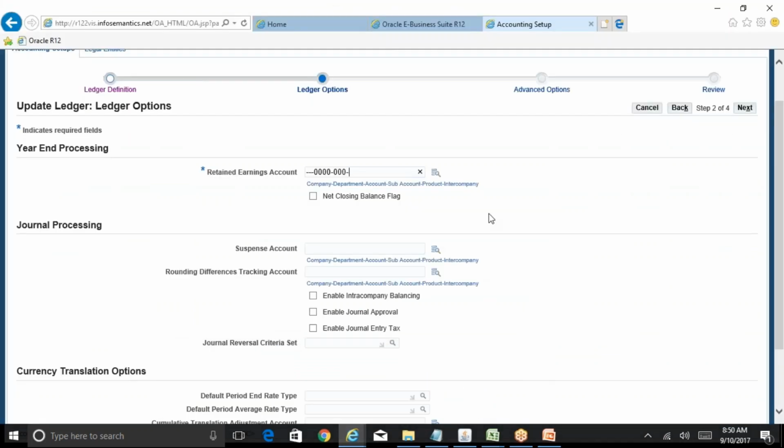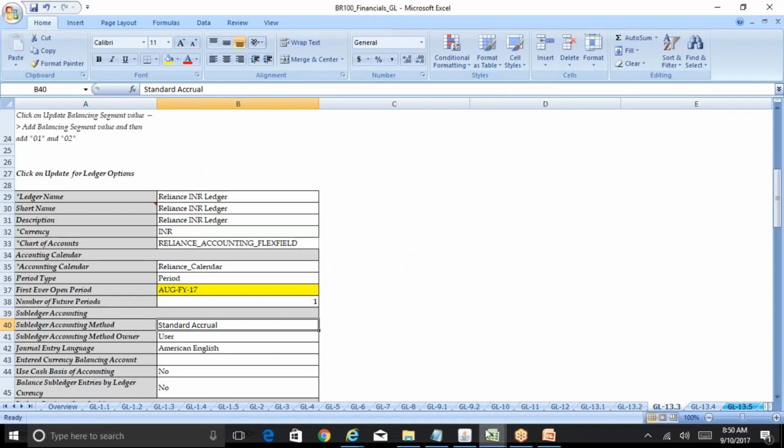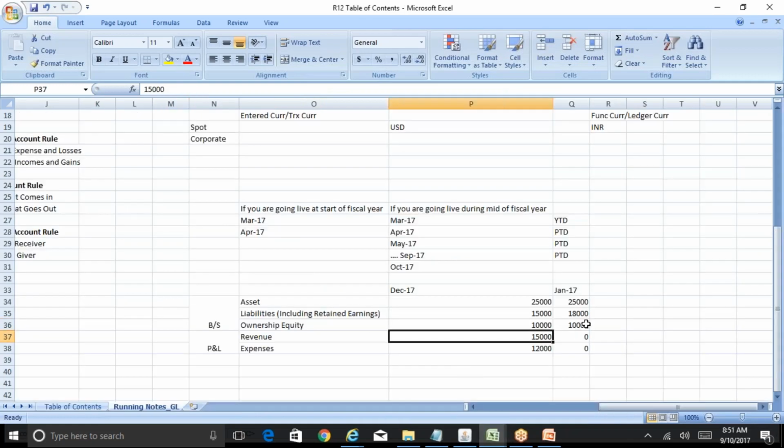So Arvind, are we saying that the ownership equity account is assets minus liability? No. I'm not talking about ownership. Owner's equity account is not assets minus liabilities. The difference between the revenue and expense is the retained earnings account. But in this example, in order to balance this balance sheet, I just picked up some value here, because if you look at your balance sheet,